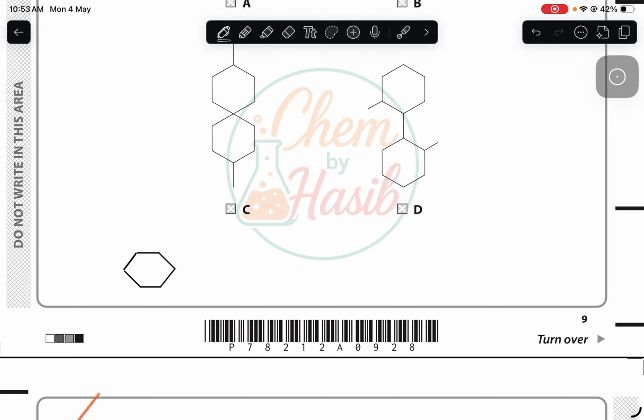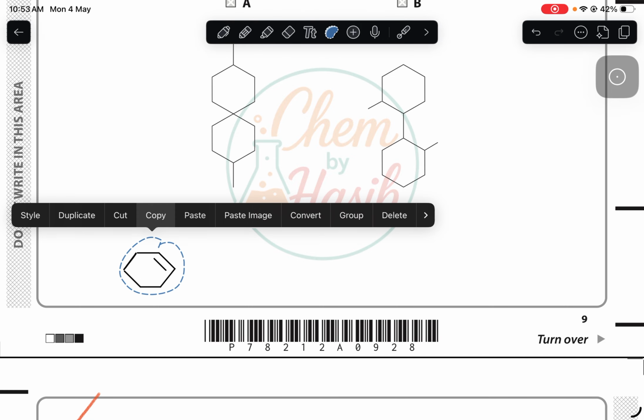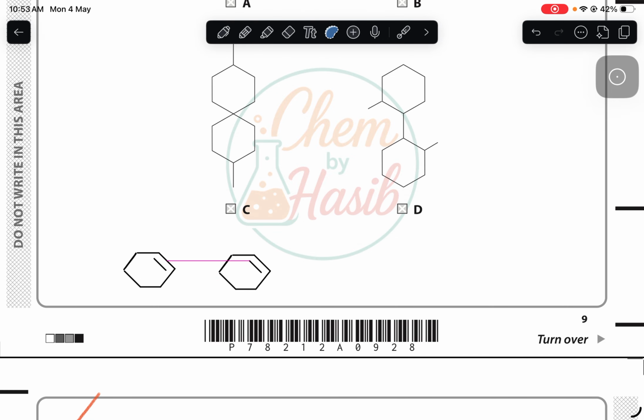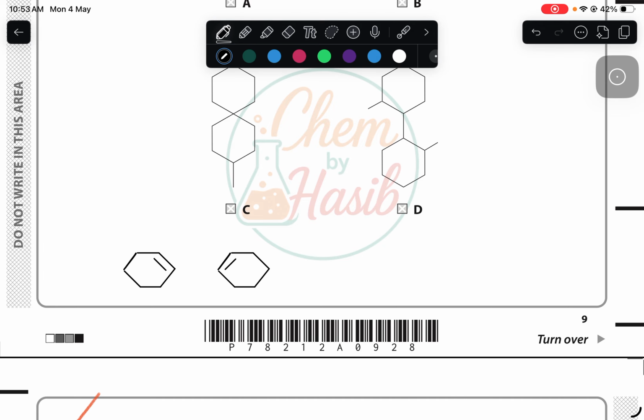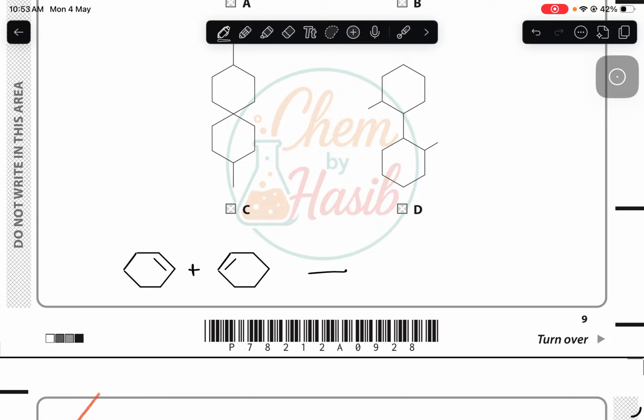It has a double bond here, right? And if you take another cyclohexene molecule, and place the double bond here, now if you react them, since it would undergo addition polymerization,